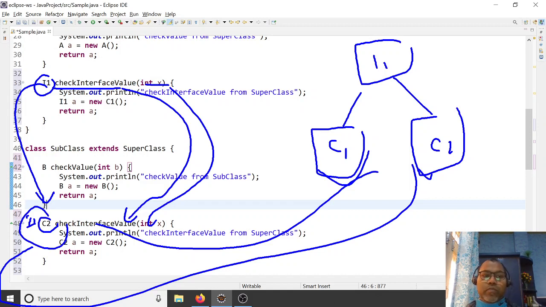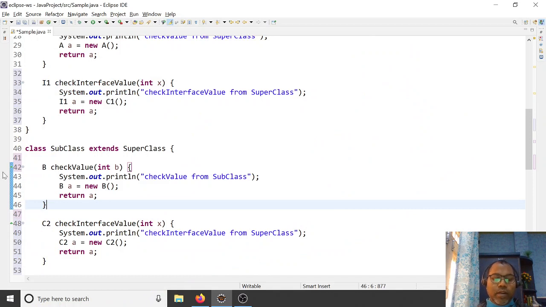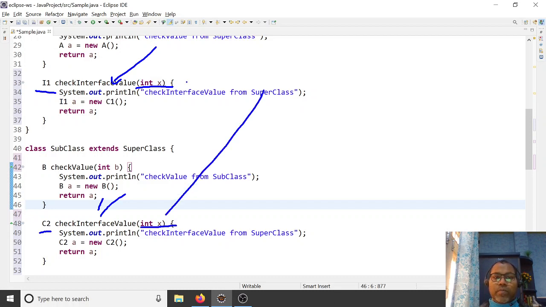So whenever you are writing an overriding method, it does not depend much on the return type, but you should know that return types support covariance. Overriding depends only on the method name being the same and the parameter list being the same: the count, order, and types should be the same.